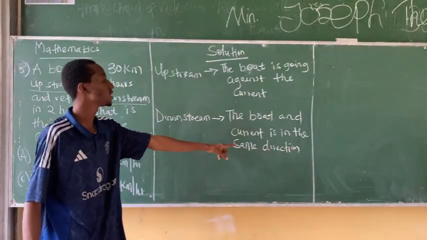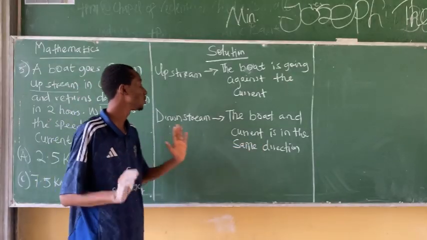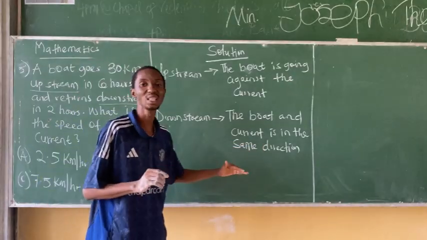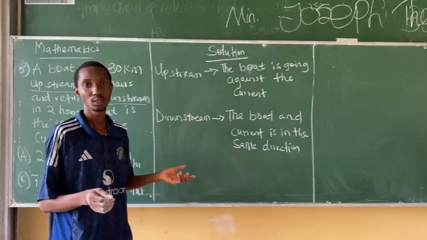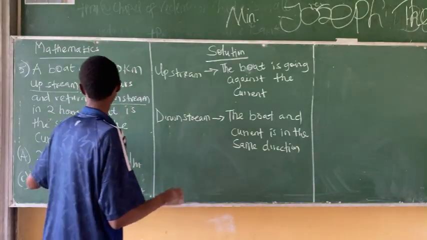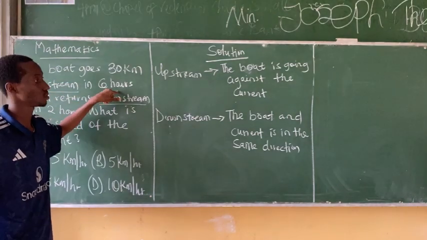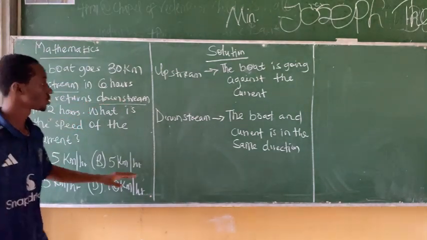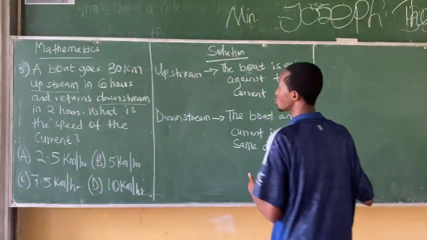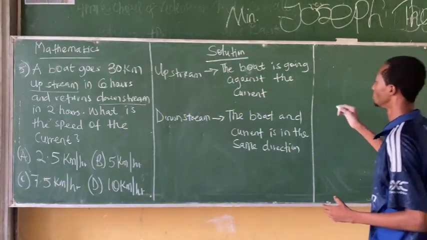If the boat and current are in the same direction, it means that the boat is moving at a very high speed. That is why you're seeing it was able to be done in 2 hours, while the other trip was able to go to its destination in 6 hours. Yes. So now, let's assume that the speed of the boat,